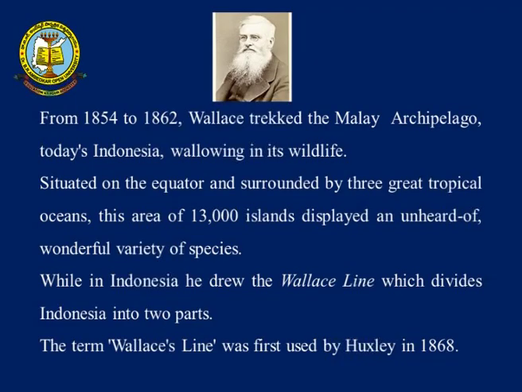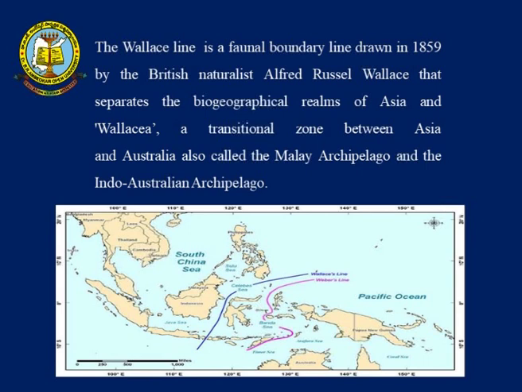While in Indonesia, he drew a Wallace line which divides Indonesia into two parts. The term Wallace line was first used by Huxley in 1868. The Wallace line is a faunal boundary line drawn in 1859 by the British naturalist Alfred Russel Wallace that separates the biogeographical realms of Asia and Wallacea, a transitional zone between Asia and Australia, also called the Malay archipelago, and the Indo-Australian archipelago. So, this is the Australian archipelago